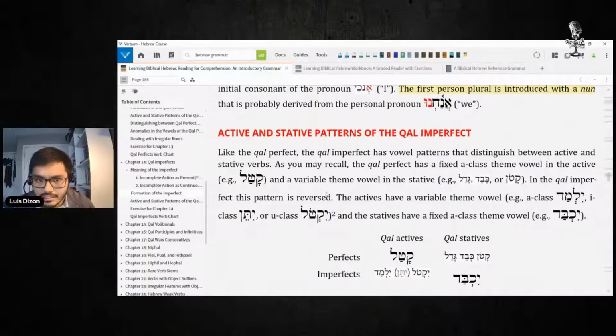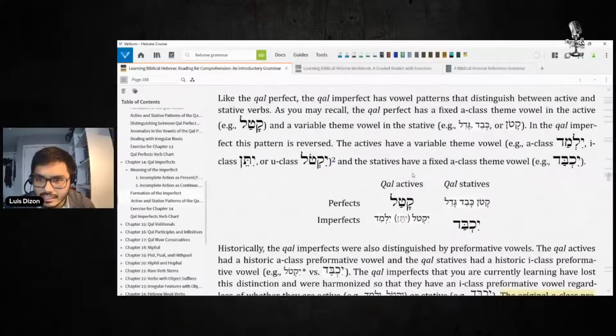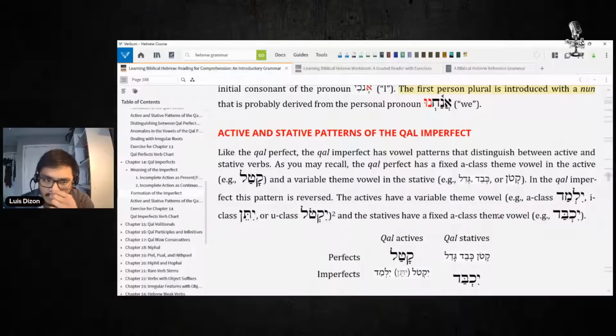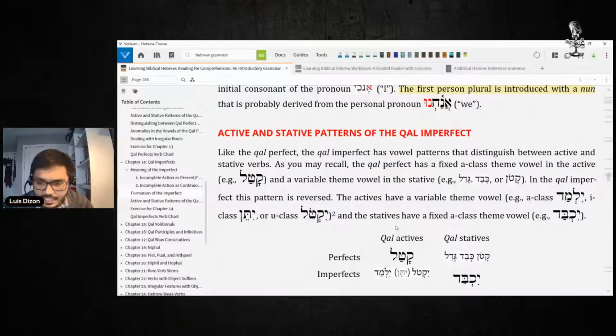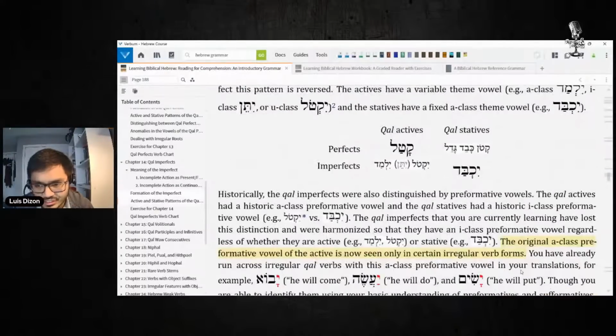Historically, the difference between them is that the active verbs had class A vowels at the beginning, whereas the... sorry, it's actually the other way around. The actives had a variable theme vowel, and the statives are the ones with the class A theme vowels. However, as Hebrew developed, this distinction tended to disappear, such that